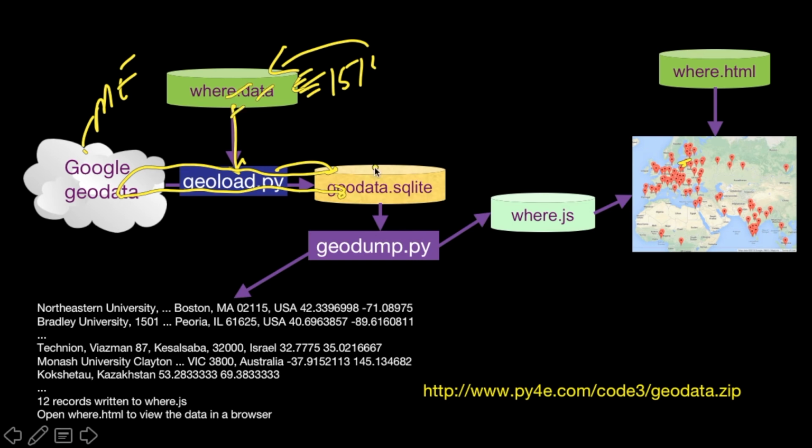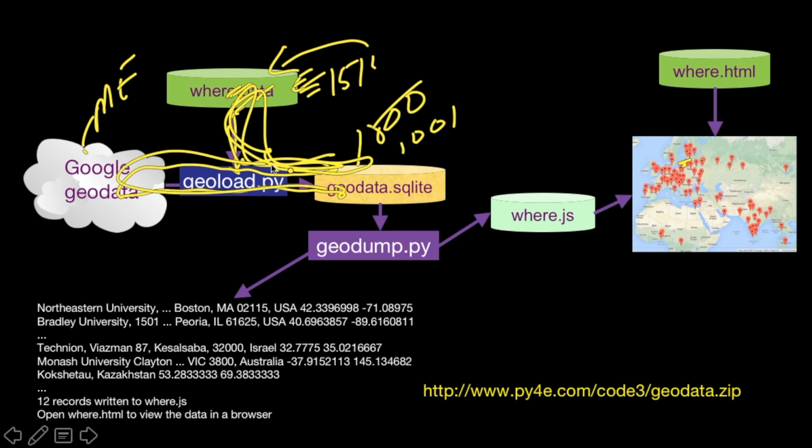And so, I might get 1,000 in my database, and then it blows up, or I'm told I can't go any further. So I wait 24 hours, I start it up, and it reads the first 1,000 and says, oh, they're all in the database already, and then it starts at 1,001. And then it adds that and adds that, until it stops. And so it took me several days of processing to get this data right.